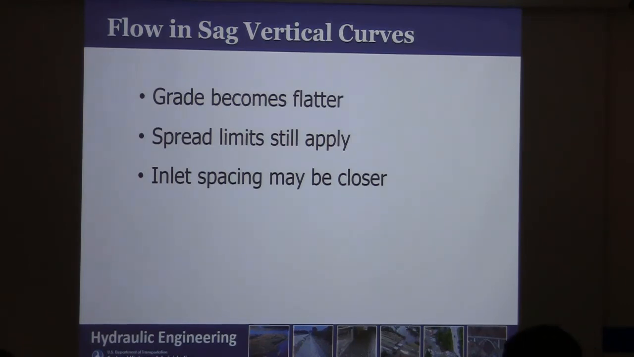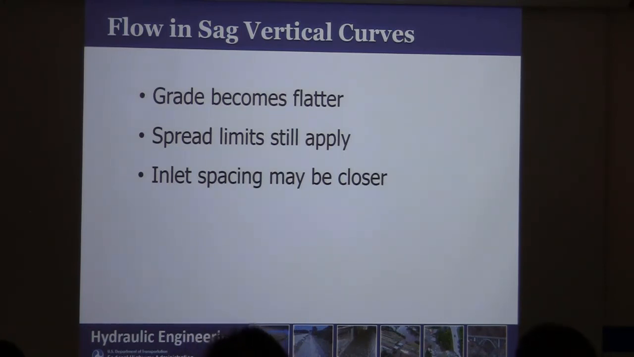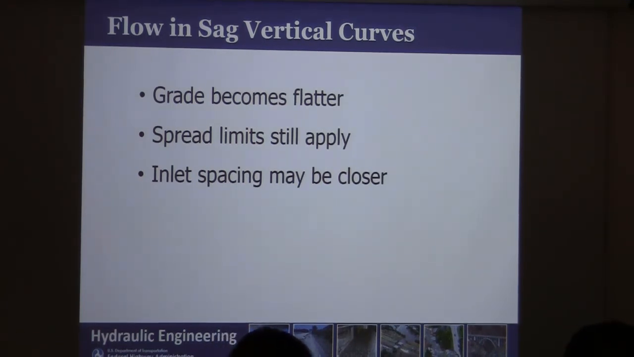So flow in vertical curves, or sags, the grade becomes flatter and the speed limits still apply. But your inlet spacing will get closer. A lot of times when you have an inlet in a sag, you'll also have flanking inlets. Most of the time in a sag, you'll have a combination inlet, and it will be a grate and a curb opening. But that grate can get clogged, and sometimes so can your curb opening. Not a lot, but curb openings are pretty good with debris, but they can get clogged. And if that happens, as the water rises, then it'll go into